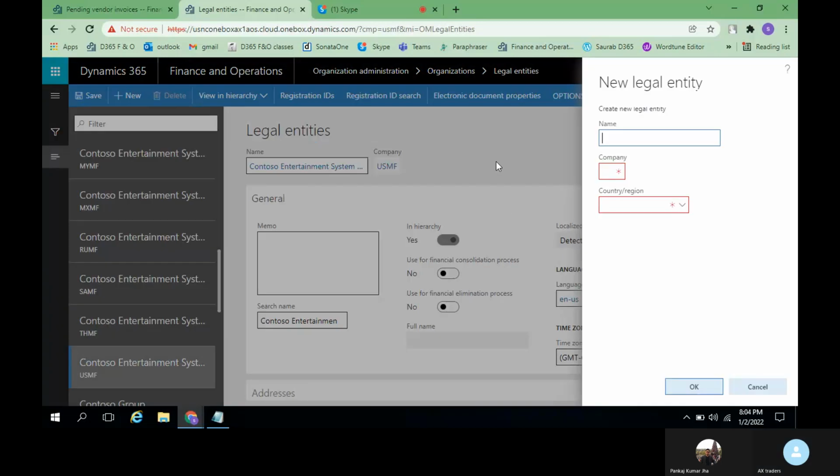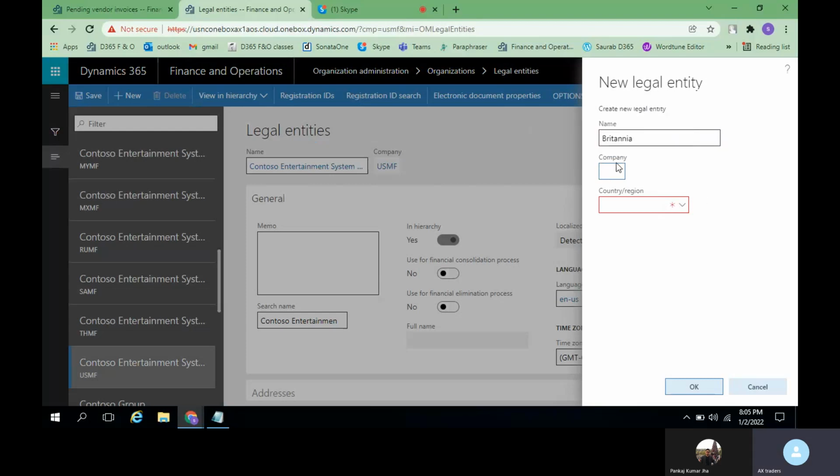Just select these legal entities. Click on new. You can give the name, and for the company, you can give a short form. Either you can give a number or a digit or anything. See, it says enter the ID of the company account that is associated.